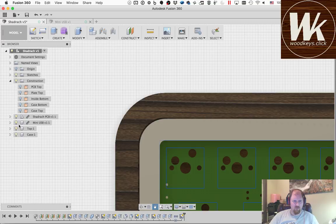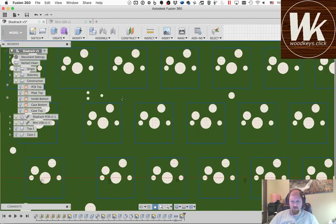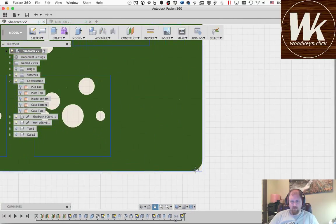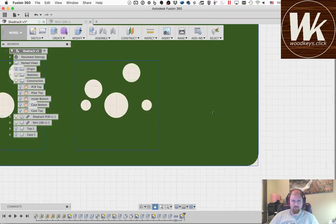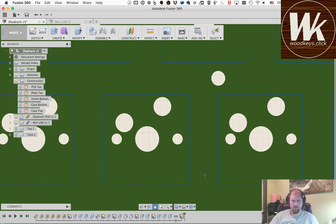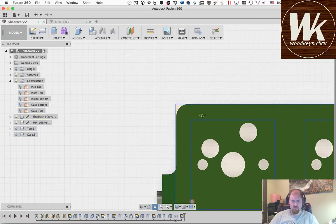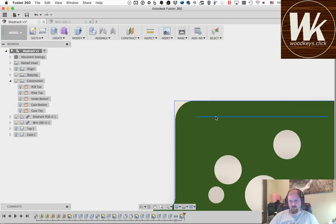So if I turn the top case off, if it's just the PCB, it doesn't have to be super precise. I mean, I want it to be, yeah, so this looks like the right. You know, it looks like it's shifted a little bit to the left, doesn't it? And I'll fix that here in a minute, I think. It's not really possible to do that in this sketch because everything is not well defined. I can just drag that, so I don't want to do anything in here to jeopardize the integrity of that. So I'm just going to bring that in, leave it as is,